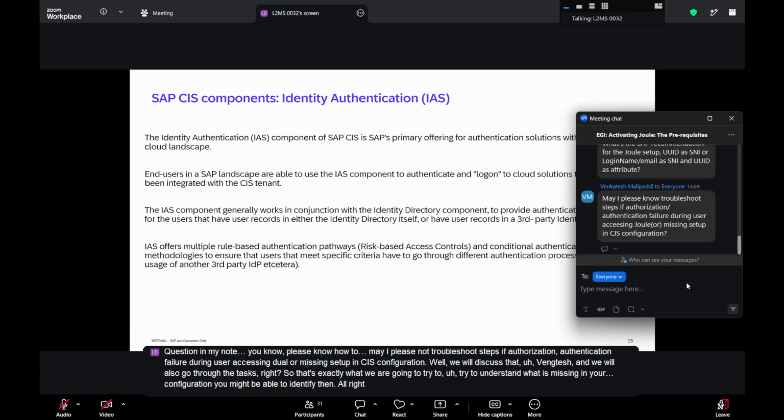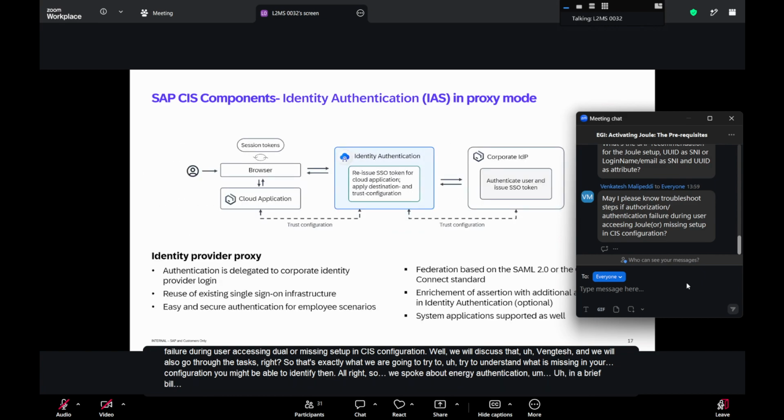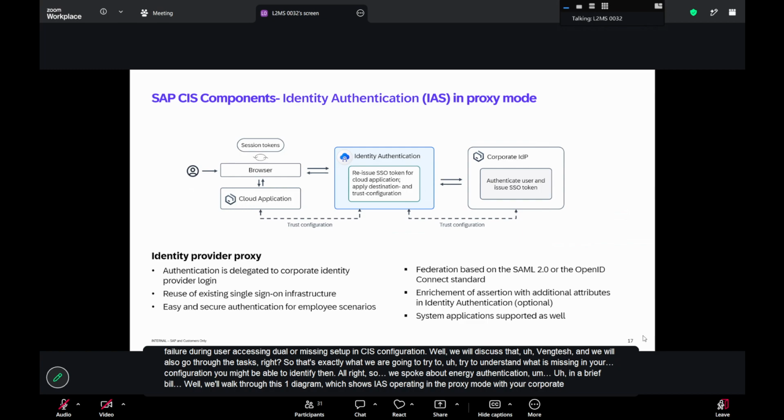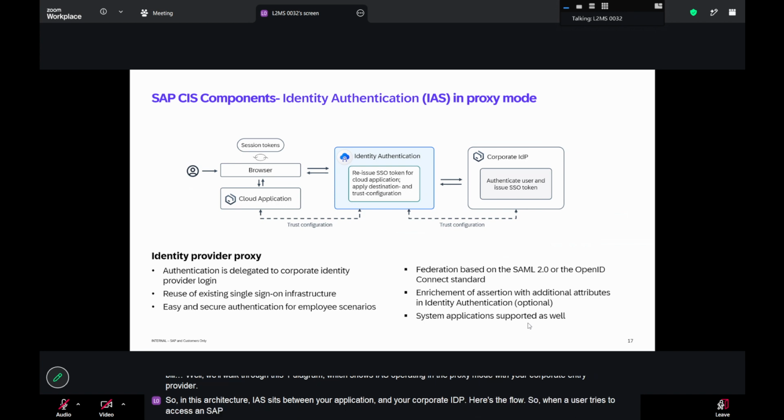All right, so we spoke about identity authentication in brief. We'll walk through this one diagram which shows IAS operating in the proxy mode with your corporate identity provider. So in this architecture, IAS sits between your application and your corporate IDP. Here's the flow. When a user tries to access an SAP cloud application, the application redirects the user to